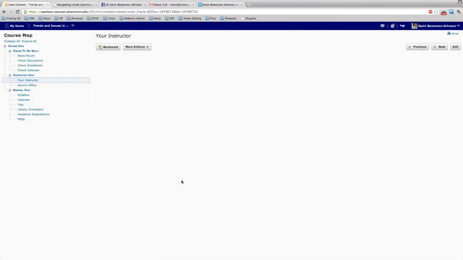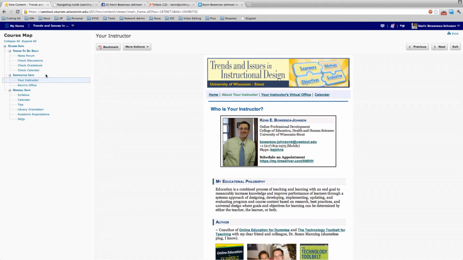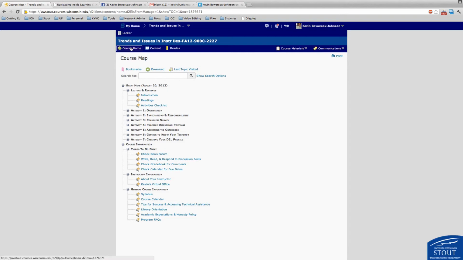So again, when I click on that, it shows up here in the middle, and the course map navigation is still here on the left. Okay. Again, during that week 0, that orientation time, or within the first day or 2 of the course, it's really important that you go through the orientation, the Start Here module, and the course info, which you'll find not only information about me, but you also find the syllabus, the calendar, tips for success in this course, etc. I'm going to exit out, navigate back to the course homepage,